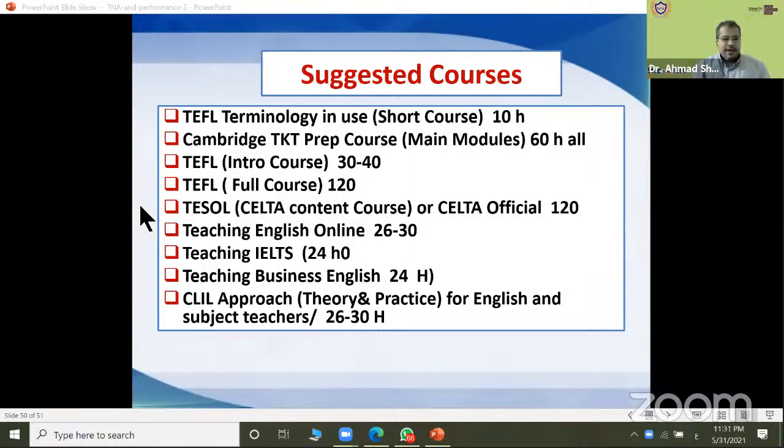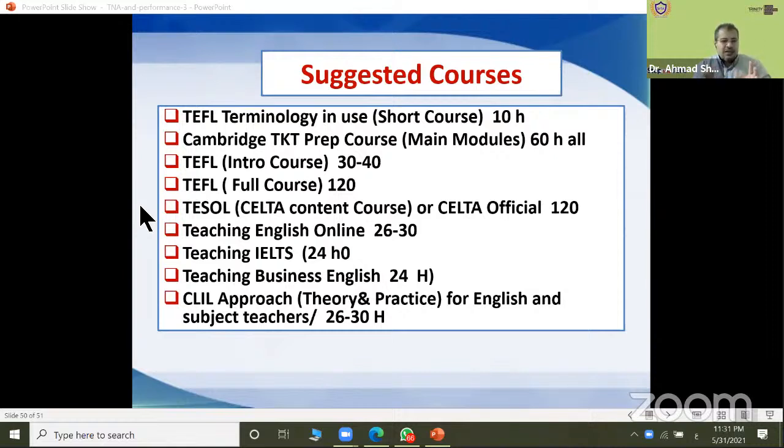Okay, any course of TEFL or TESOL, they are nearly the same. You should prepare yourself before the course by reading some resources like Learning Teaching by Scrivener. This is a good book for you as a TEFL student. Also, you need to revise well the glossary of TKT from Cambridge.